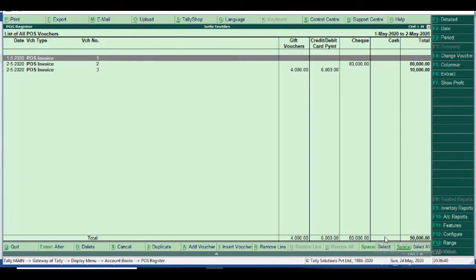Okay, so we maintain multiple staff. Is it possible? Okay,